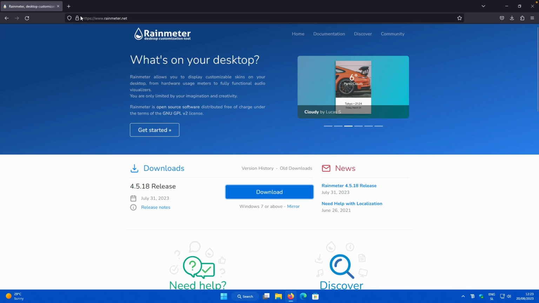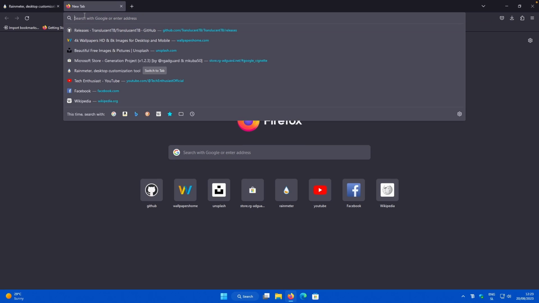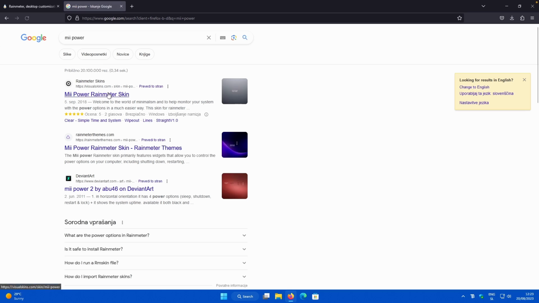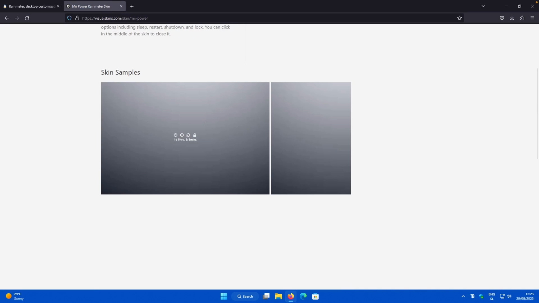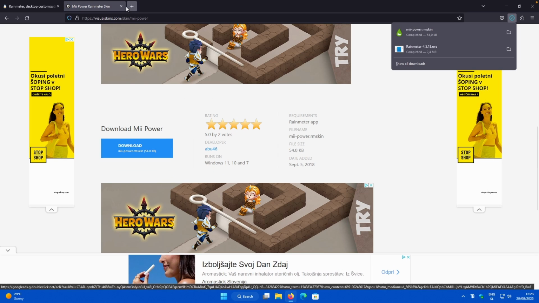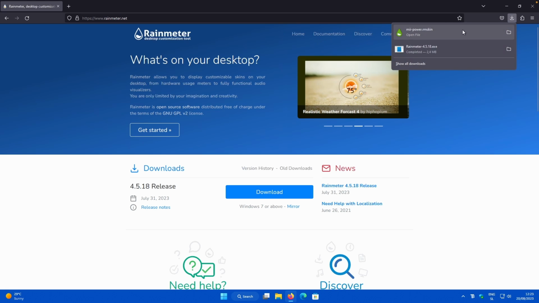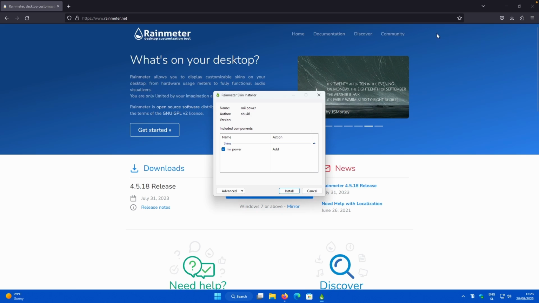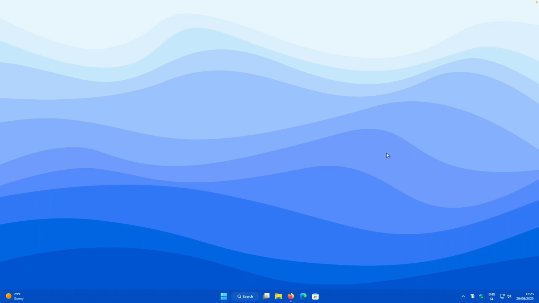Finish. Let's open your web browser once again and search for MII power. Then you will go to this website, which is called visualskins.com. Scroll down, and here you will download this RM skin file. Now open this RM skin file, on the top right click on Install like so, and then if the